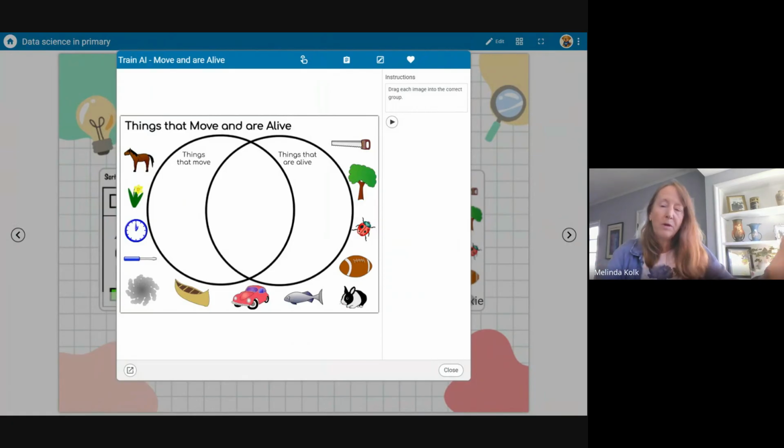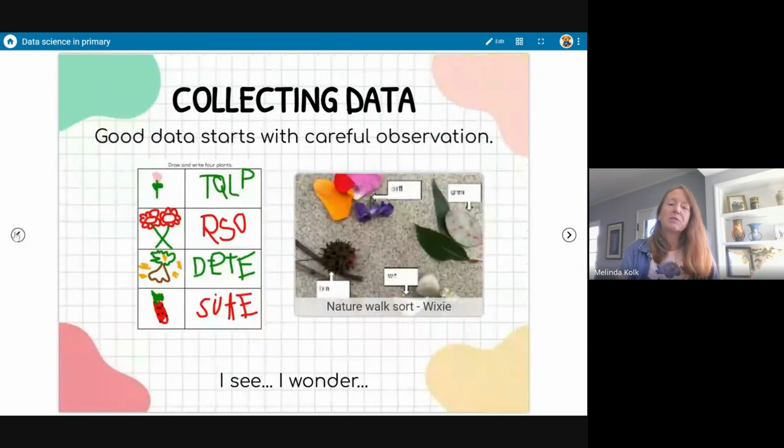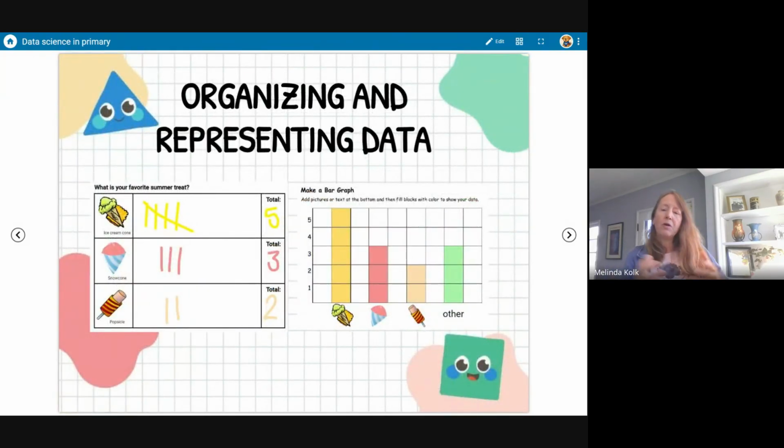It could be pouring a bunch of rocks in there, or pouring money in the middle. And again, recognizing which things are the same, which are different, and finding an attribute with that. And again, asking them, back to that nature walk, to explain what the attribute is that makes them do that classification. Because we're starting to do some of that again. We're leading ourselves into that analysis piece of this. We can't do any sort of analysis until we've done something with the data.